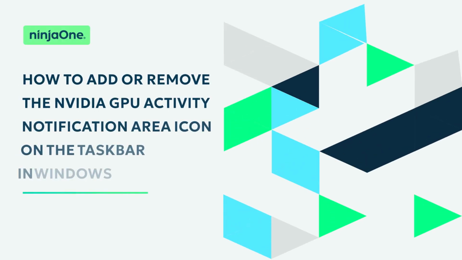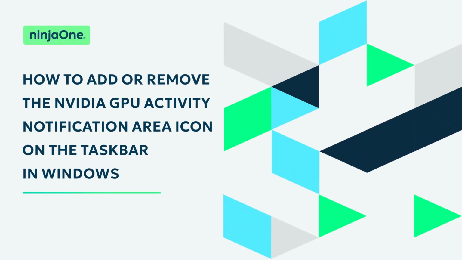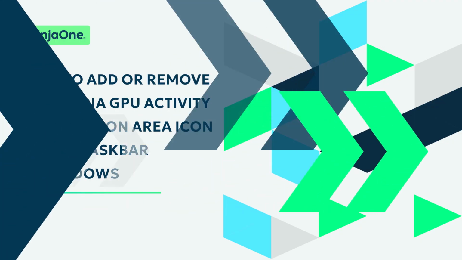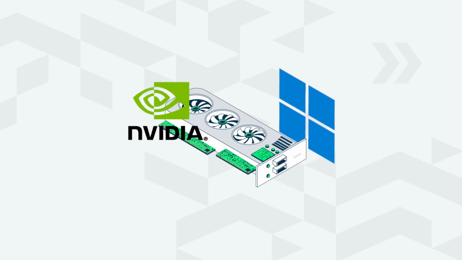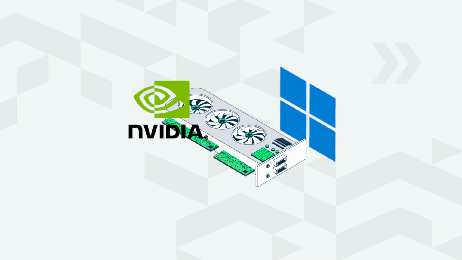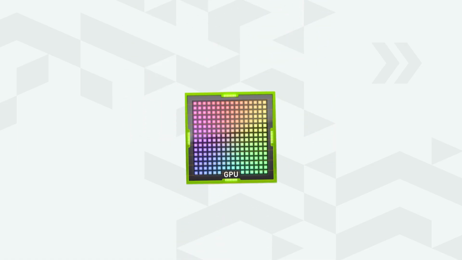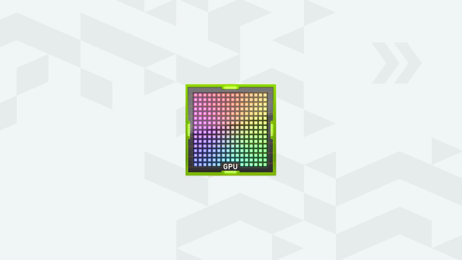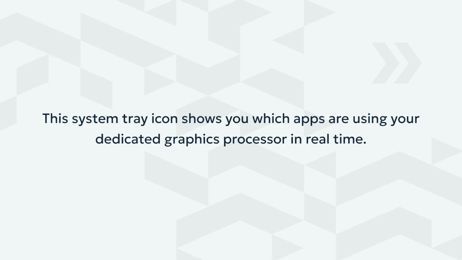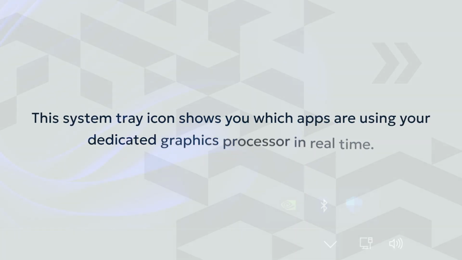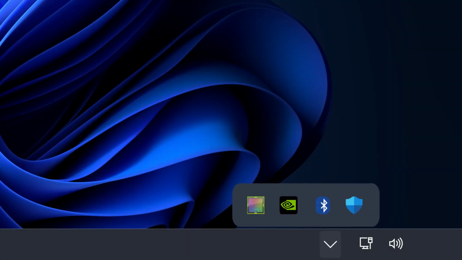How to add or remove the NVIDIA GPU Activity notification area icon on the taskbar in Windows. If you're running an NVIDIA GPU on Windows 10 or 11, there's a simple tool that often goes under the radar: the NVIDIA GPU Activity icon. This system tray icon shows you which apps are using your dedicated graphics processor in real time. In this video, we'll outline how to add or remove the NVIDIA GPU Activity notification area icon on your Windows